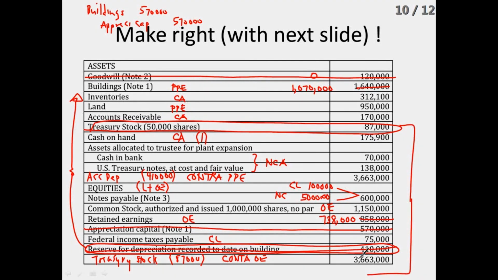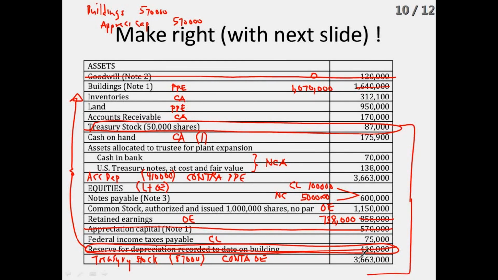Treasury stock is always a reduction in owner's equity. Okay? Treasury stock always has a debit balance. It either has a zero balance if you don't have any of it, or a debit balance. The debit balance reflects the fact that you've been buying back the shares. So it's a reduction in how much your owners originally contributed, because you're giving it back to them.